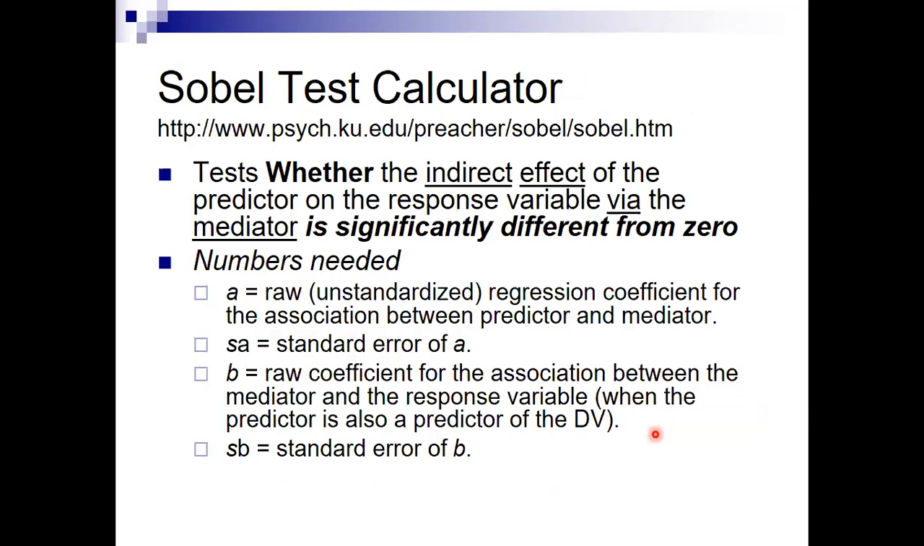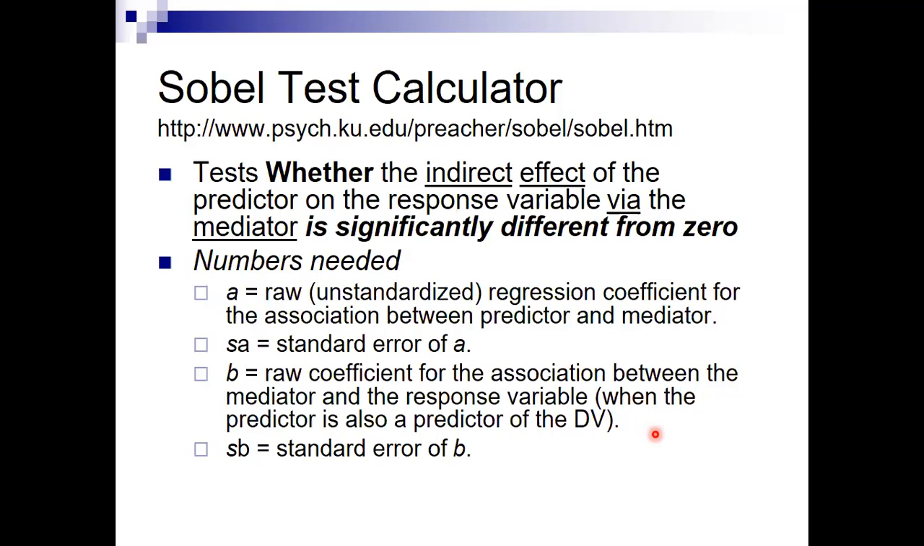But also in software, you have it there, which means we can actually implement it, okay? So to test whether the indirect effect of the predictor on the response variable via the mediator is significantly different from 0, you need to do the following, okay? So you need to have